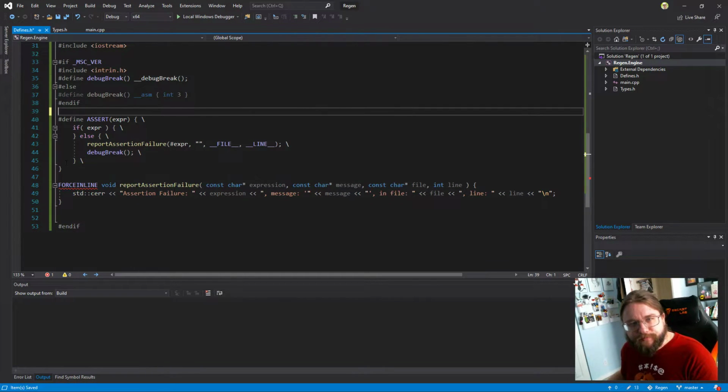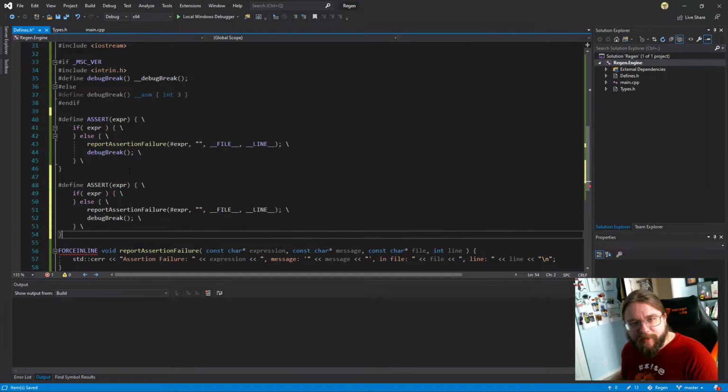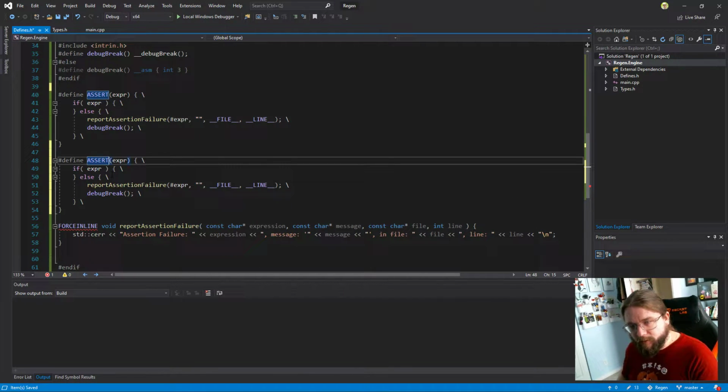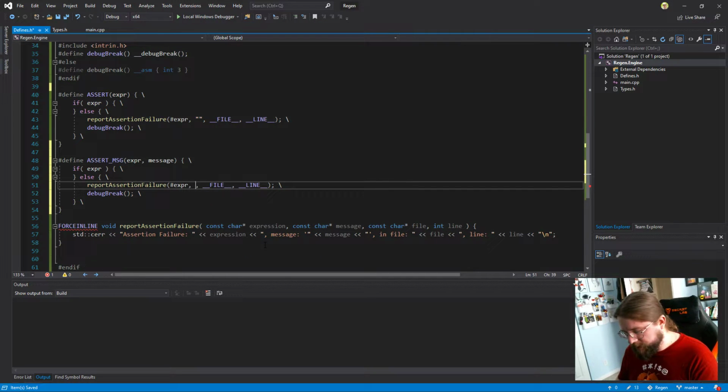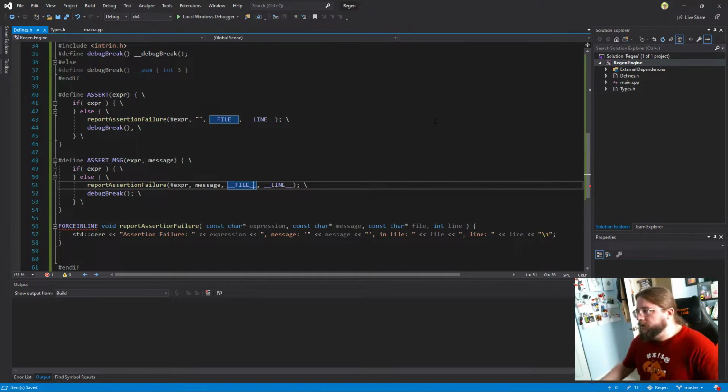Okay, so I also want a copy of this assertion. We're going to call it assert_message so that we can provide a custom message. And the only difference here is that. Okay, so